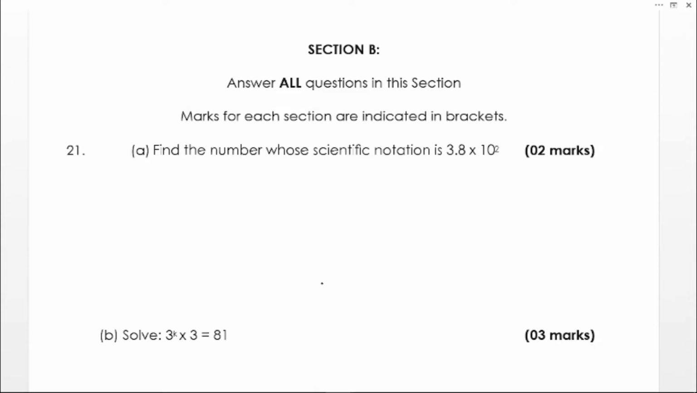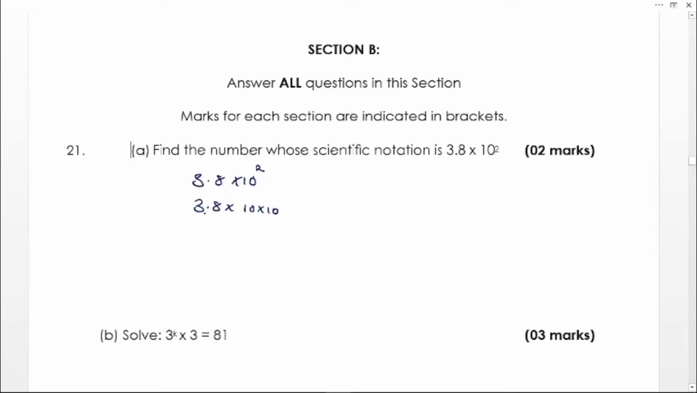Okay, our number 21, the examiner wanted us to find the number whose scientific notation is 3.8 times 10 power 2. Scientific notation is a form of writing bigger numbers in a condensed way in order to use a small space. So when you look at 3.8 times 10 squared, this is the same as having 3.8 times 10